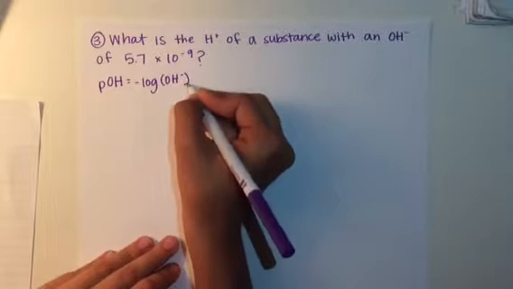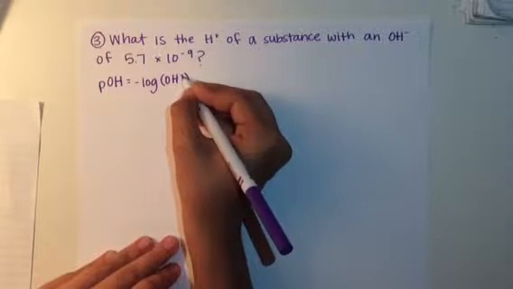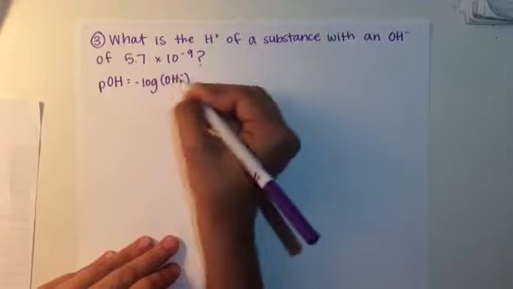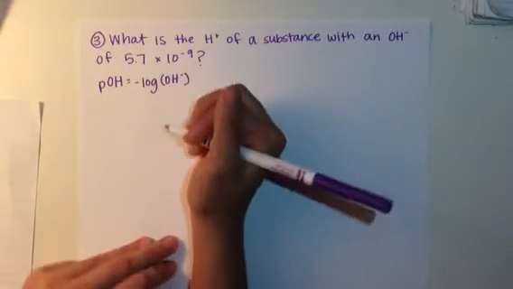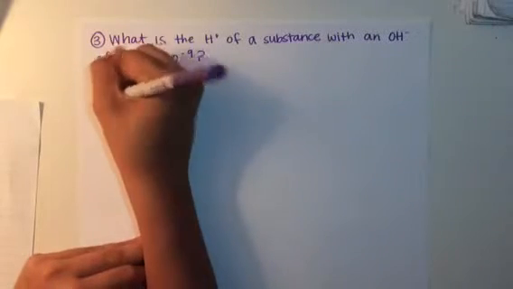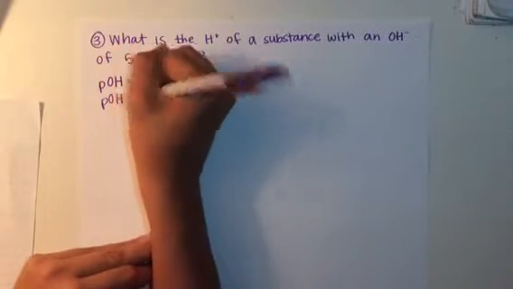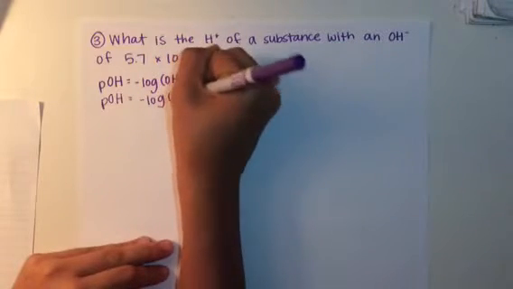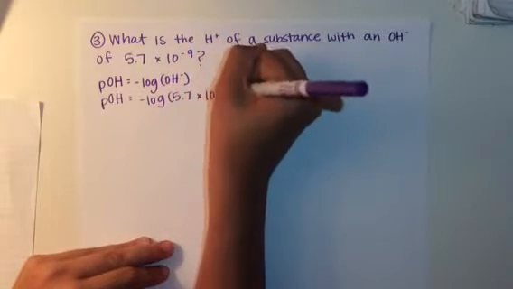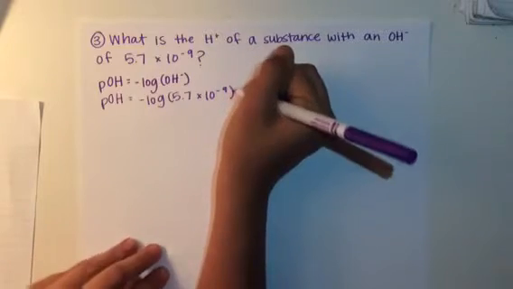So if you haven't noticed already, OH negative relates in terms to pOH, H positive relates in terms to pH. So when you plug this in, you would get pOH equals negative log times 5.7 times 10 to the negative 9th power, which is then going to give you